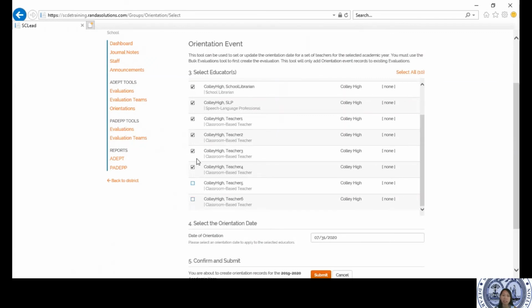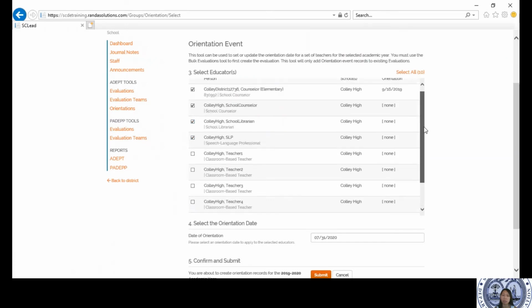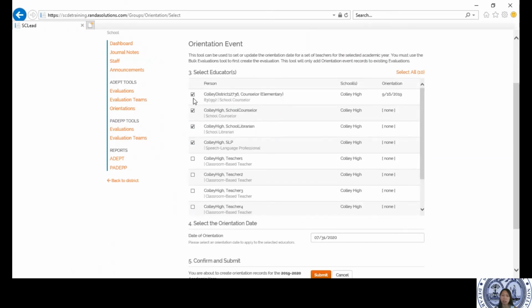Maybe I set aside at the school level 2 different dates, so I can just make sure the ones that have a check mark would be that one group that I am going to have an orientation date for. In this case, I set a different date for special areas, and I can go ahead and hit